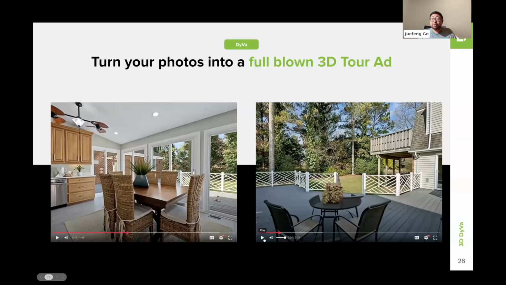That walks through the video or the home as if you had a high-end videographer go in and shoot the entire home, right? The cost of doing one of these videos in the pre-AI era was hundreds of dollars, right? And now, just by loading photos and choosing a listing, we do all that work for you, right? And you can get this as an advertisement format, but what you just saw here is we will actually take